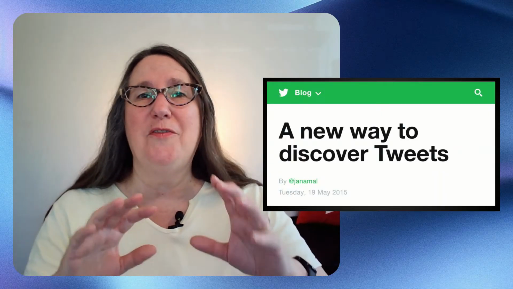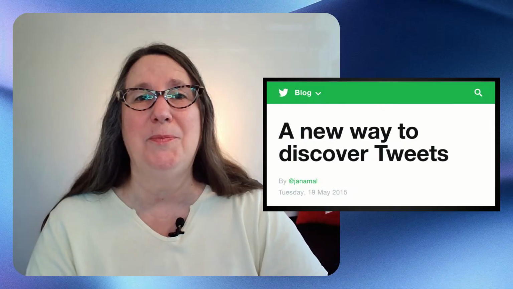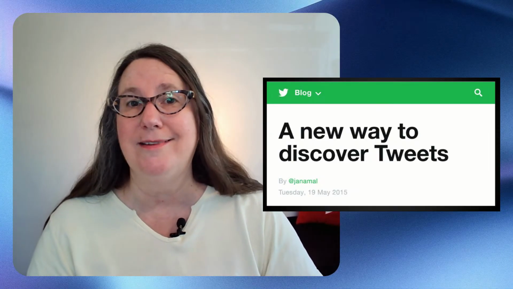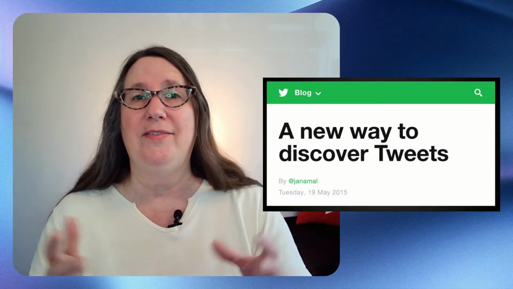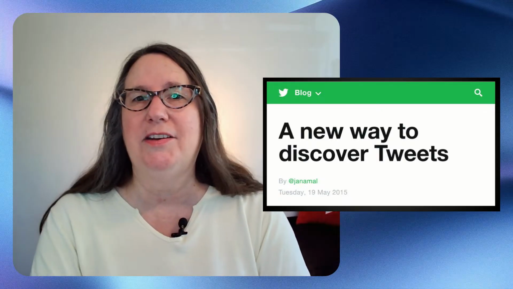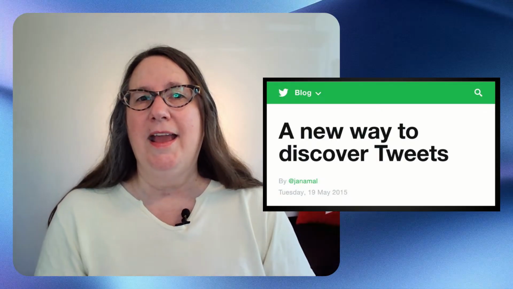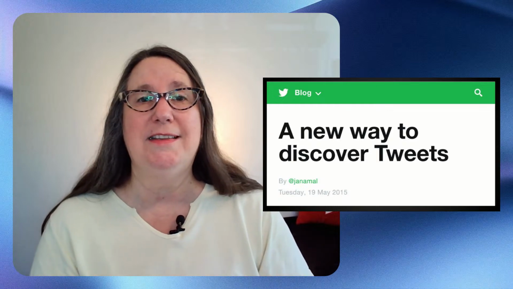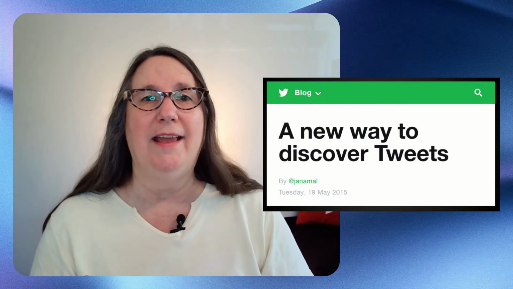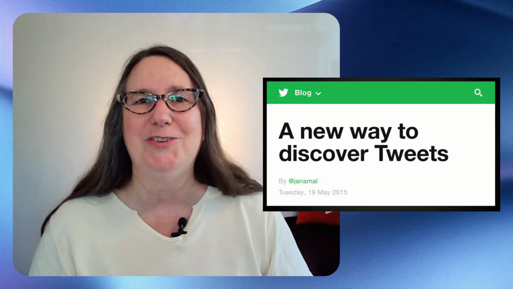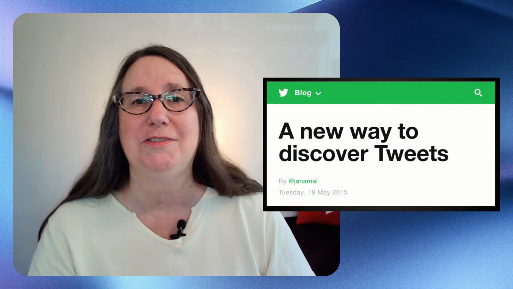So there was this sort of on-again, off-again relationship. Google had access to the Twitter Firehose between 2009 and 2011. Then that deal ended, and now a few years later, they set it up again. It was interesting because in 2015, Twitter decided that they would not allow third-party resellers to sell access to the Firehose data.